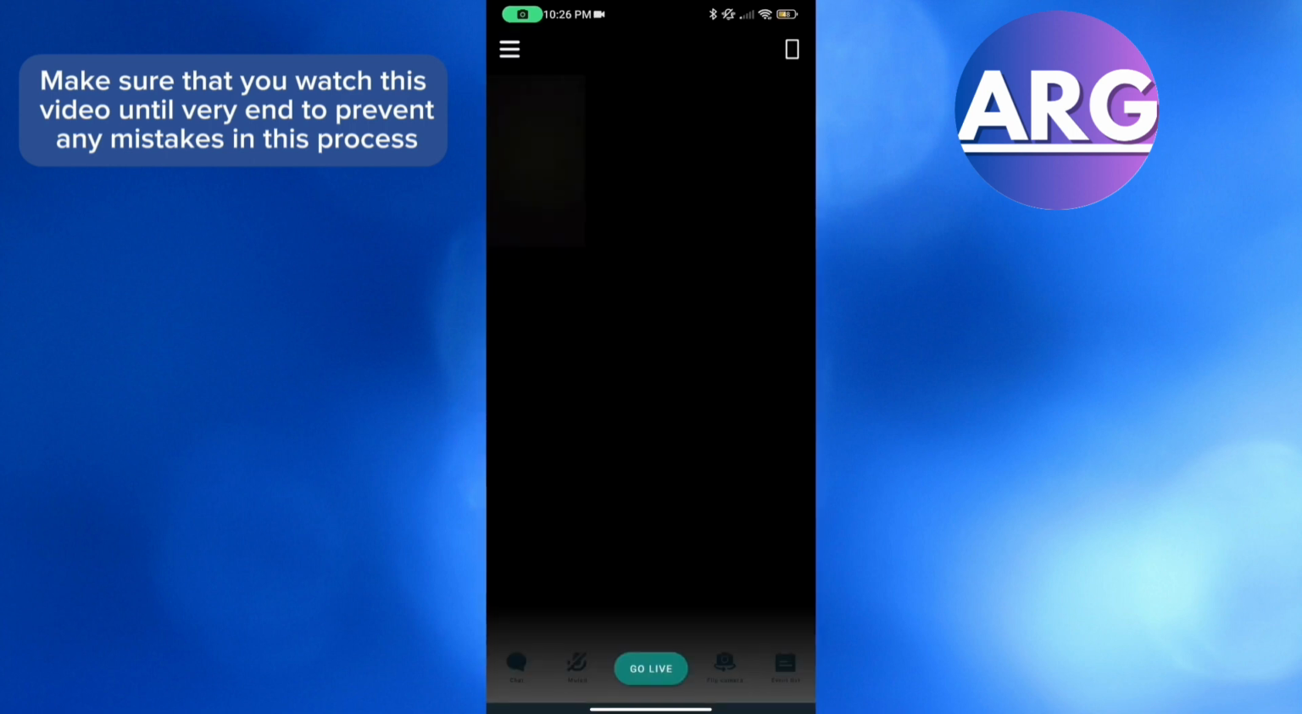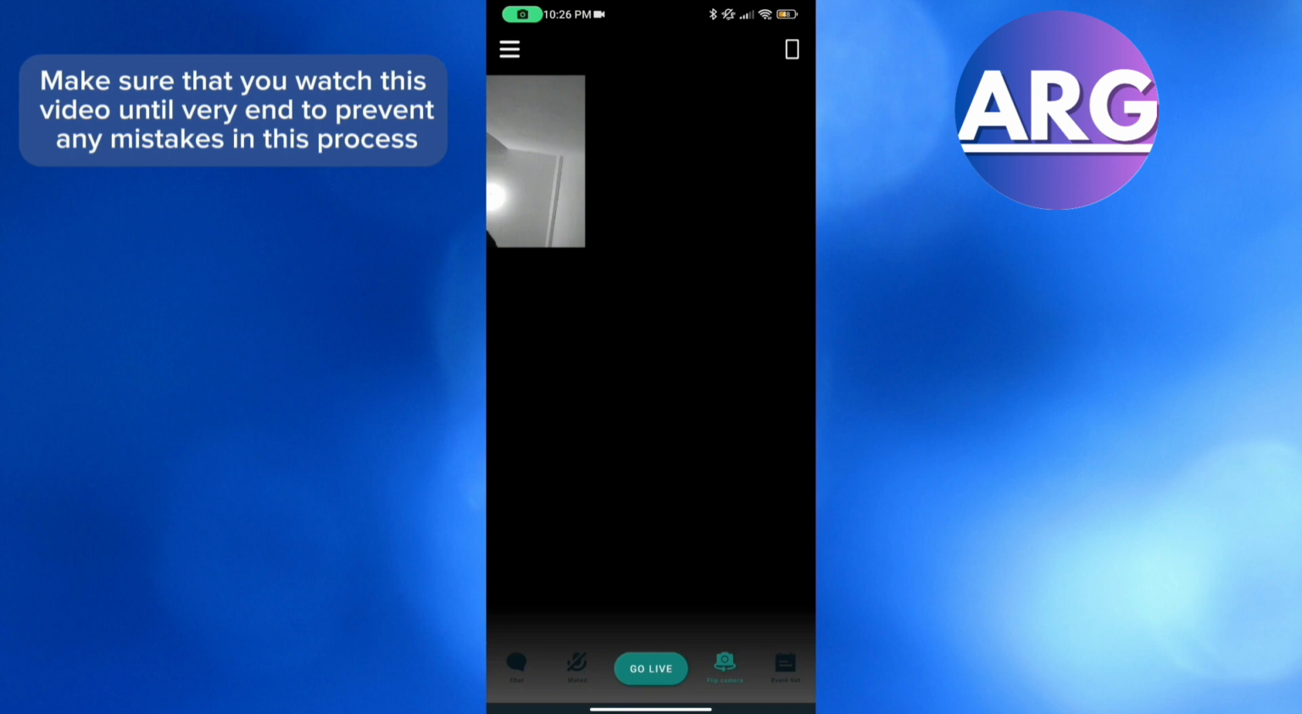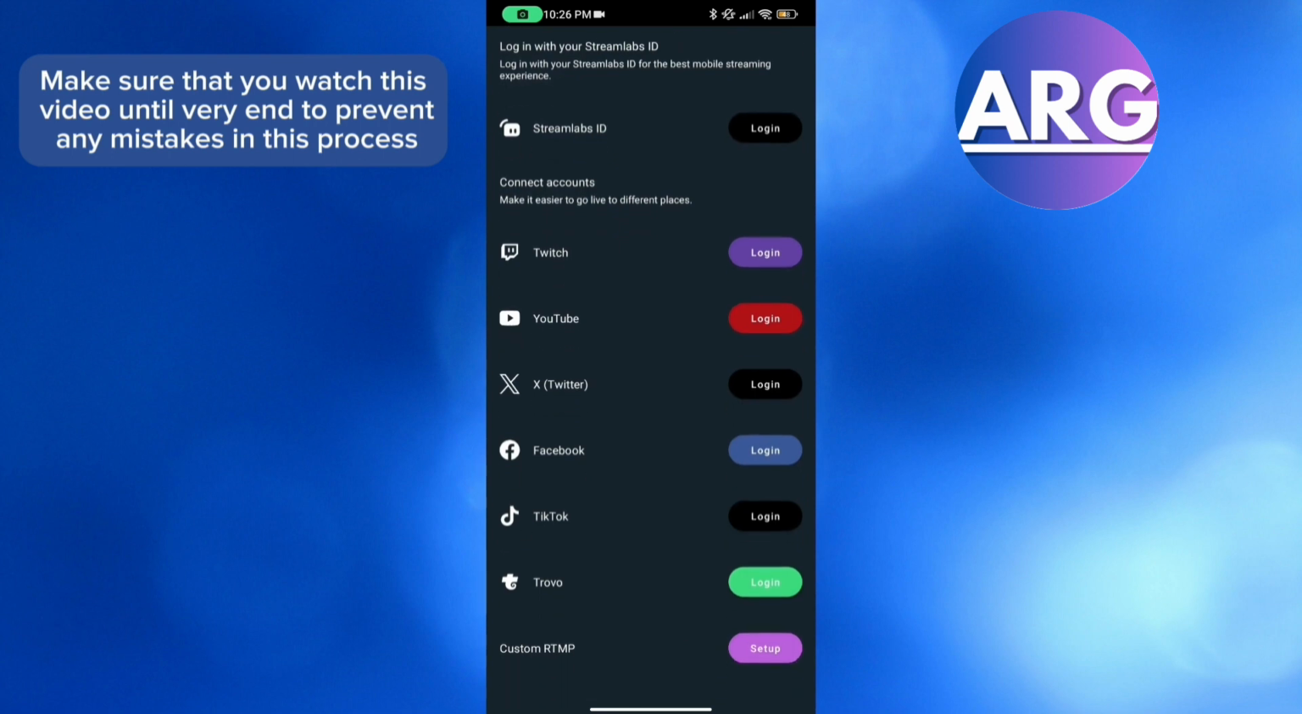Now going back to this page right here to start going live using your phone in Streamlabs, as you can see that the camera is now facing in front and it is responding to my camera. And aside from that, if you want, you could also turn on your mic if you have something to say during live. And to start going live, just click go live button